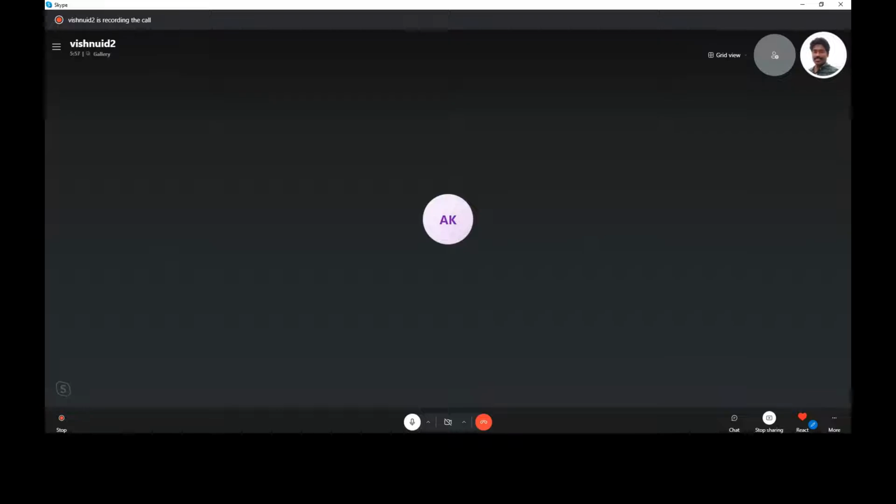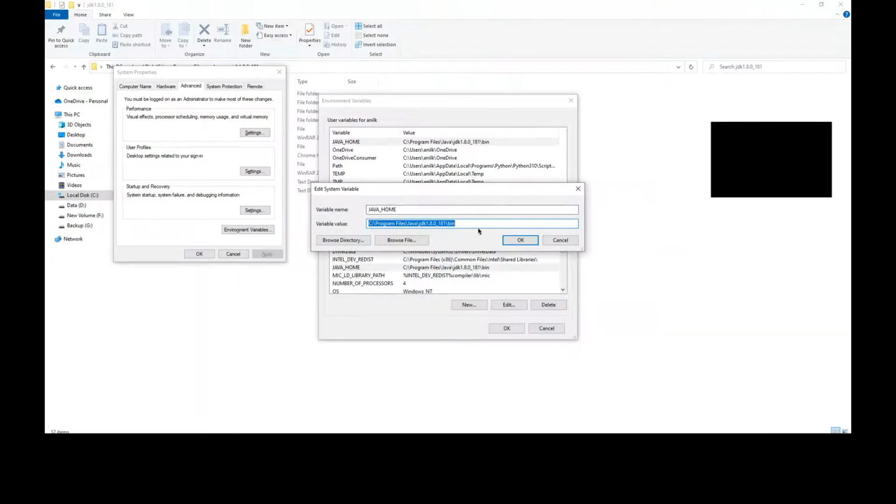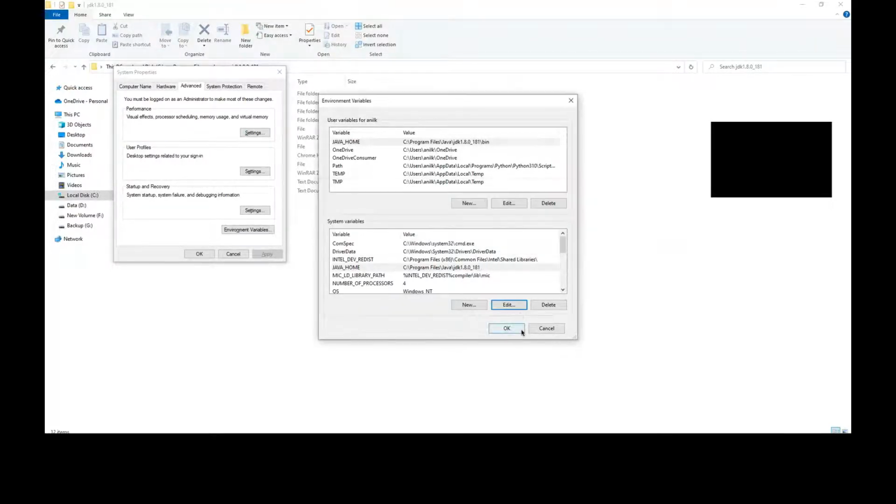Shall I paste that here? Paste it here. Okay, and select the PATH variable in system variables. Scroll down.